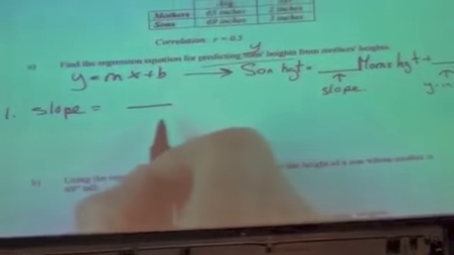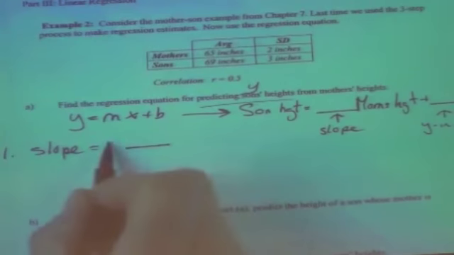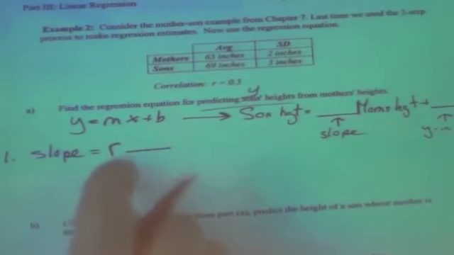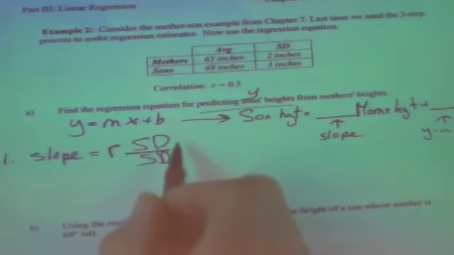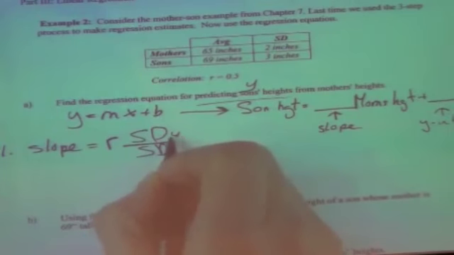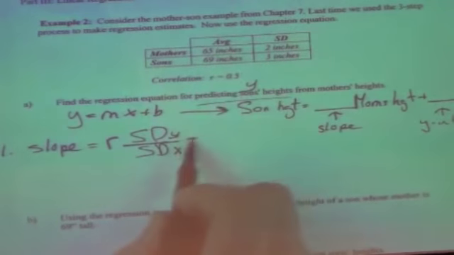Okay, so drawing a complete blank here, right? You're going to know it's something over something, right? I mean, first you're going to know r. Are you going to remember it's r times something? Can you remember that? And then it's the ratio of two standard deviations. And is it y over x or x over y? It's always y over x. So if you get this far, all you have to do is look up here. You're given